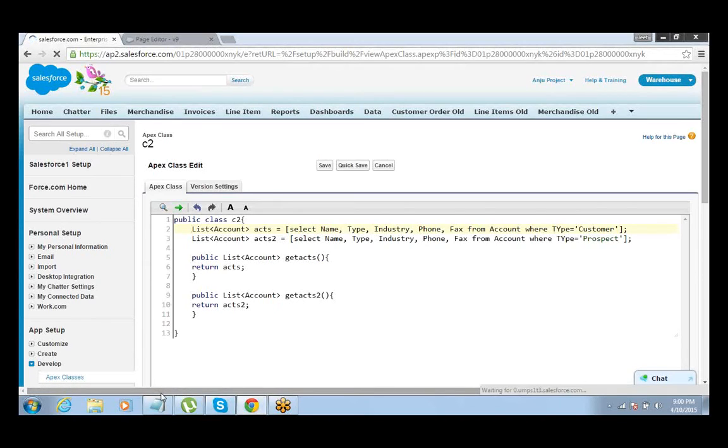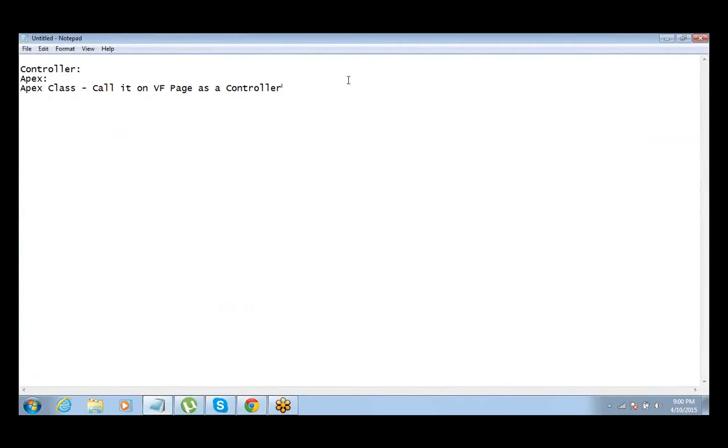So you guys will do one small assignment now. I want you to create a Visualforce page, okay? And this Visualforce page should have a custom controller, okay? And this page should display all opportunities.